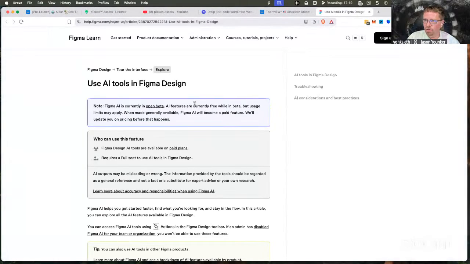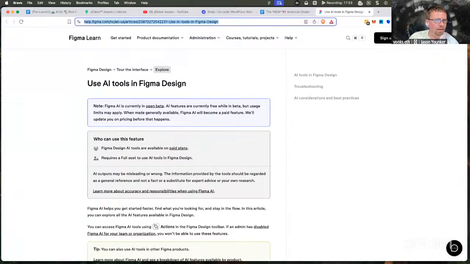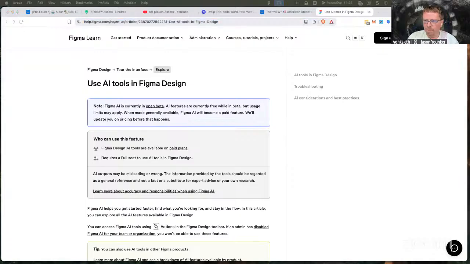Use AI tools in Figma design. I'm going to throw this up just for everybody's benefit in the live stream. So this is one of the things in our build in public format. I haven't used Figma. I think I showed that it had been May the 8th, over a month ago, since I really last used Figma. Want to use Figma more, but the opportunity to just get great at AI, I don't know what the capabilities of connecting are, but